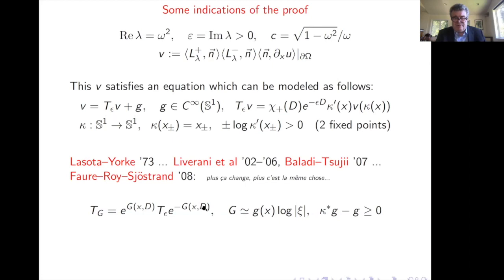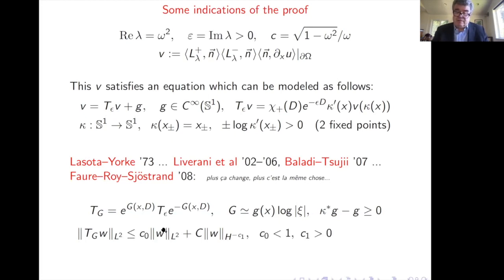So this is a pseudo-differential operator, and it has the property of this sort of growth along the flow, so to speak, or here it's a map, a discrete flow. And the estimate, which somehow is in spirit similar to the estimates from dynamical systems, is that we can bound the L2 norm of T_g of W by a small constant times the norm in L2 plus some constant. So this should have been C1, I suppose. Oh no, sorry, C1 is here. C1 is positive, but in a weaker space.